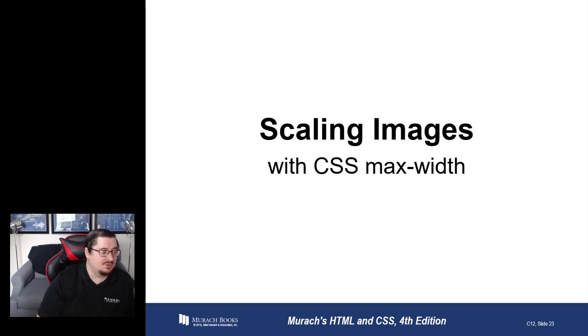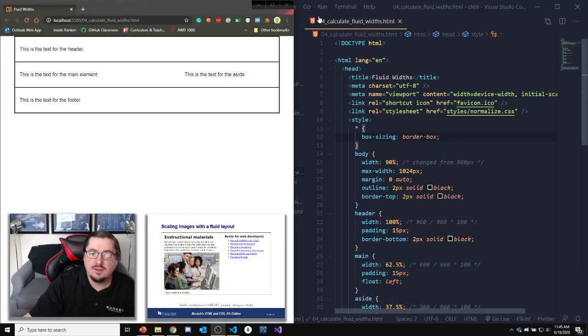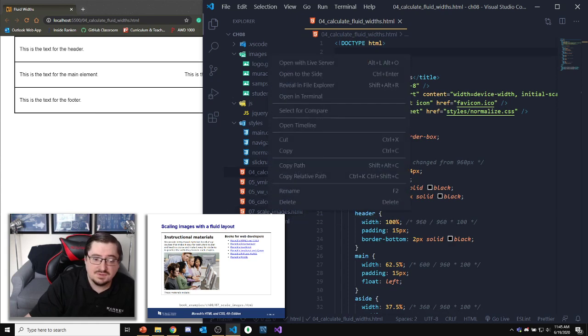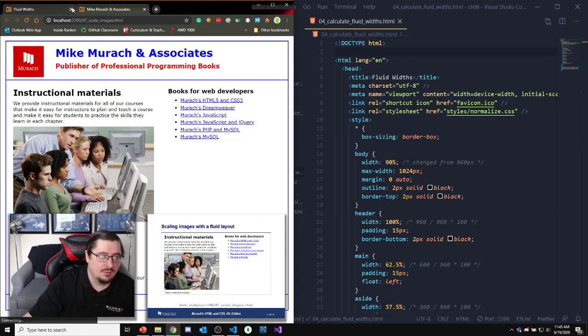Now, scaling images. Specifically what we're going to talk about here is using the max width setting to control the size of an image. So here, let me pull this example up. We've got an image on the left-hand side, nested into a fluid layout. So this is 7 scale images, open with live server. So if I'm looking at this in the browser,